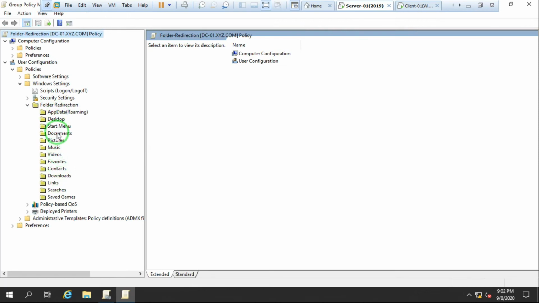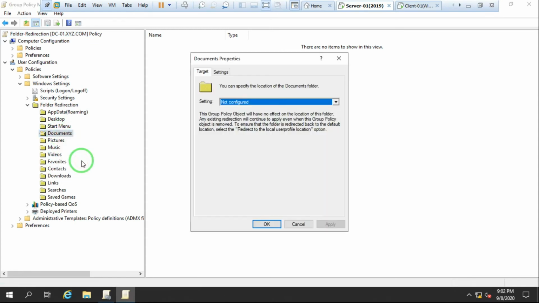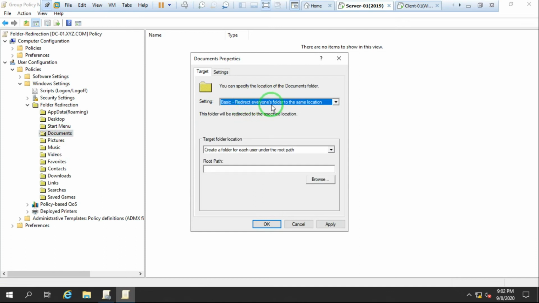I want to redirect the Documents folder, because my users save all their data in their document folders. So right click on that, go to Properties, and choose Basic, redirect everyone's folder to the same location. I want all users in this OU to have their folders automatically saved to a centralized location.